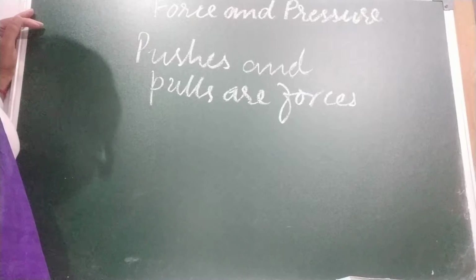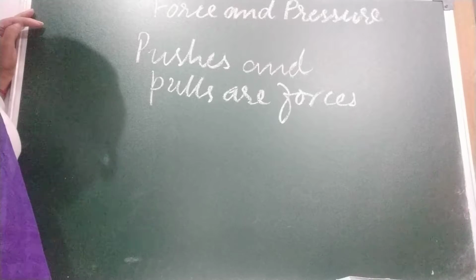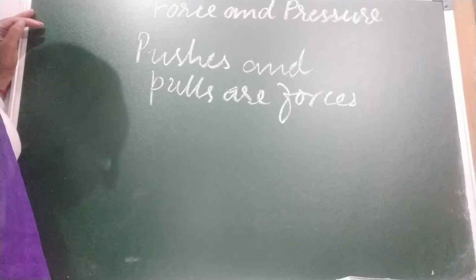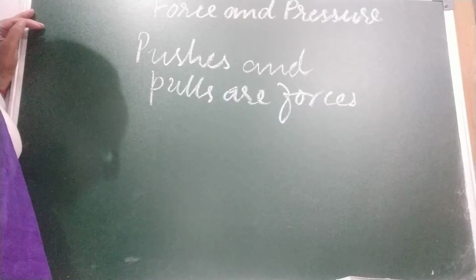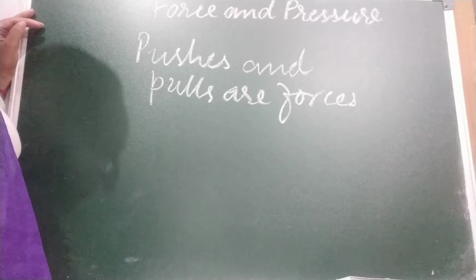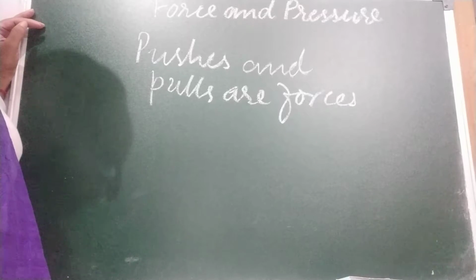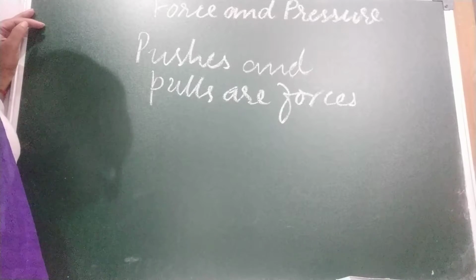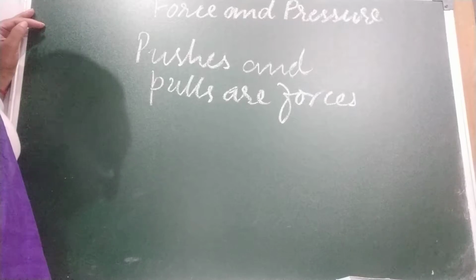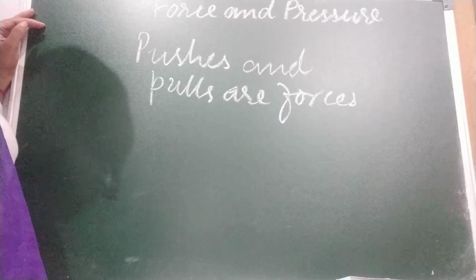Children, force is applied only by interaction. Okay? We have to interact with the body to push or pull it. Like we have to interact with the door by pushing or pulling it, by applying forces on it to make it open. So objects must interact with each other for a force to come into play.